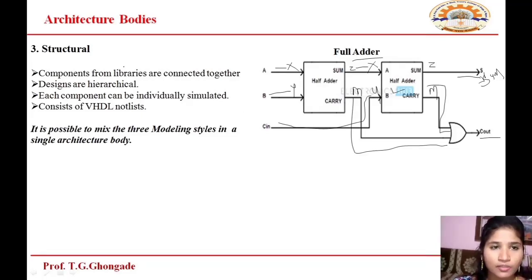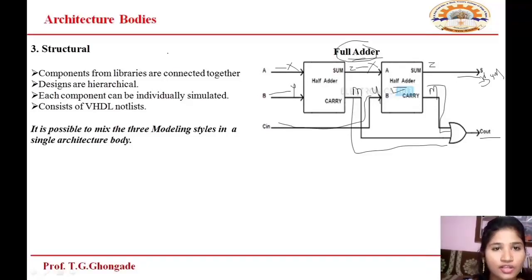Okay, so what I am trying to specify here? As I told you in the previous lecture, in the structural style of modeling, we can define two different structures as a separate VHDL design. That means for the full adder, here I design a separate component as a separate VHDL design, and again another component as a separate VHDL design. Okay, then I am putting them together to design a large circuit. That means I am putting them together to design a complete full adder.